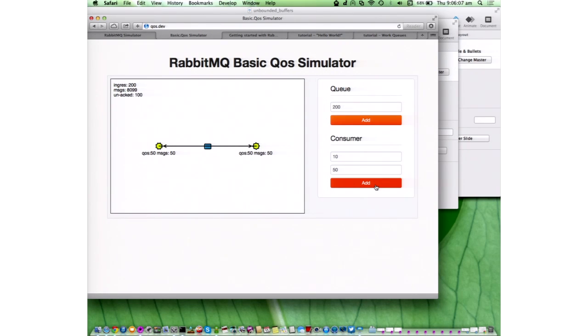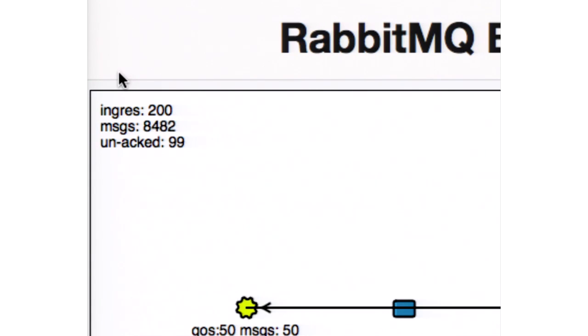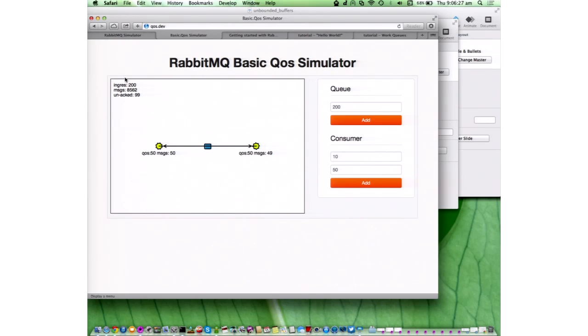We have 200 messages coming in per second, and 200 going out to the consumers. And this number goes up and down, up and down, because we need another consumer. So if I add some more consumers, at some point, this will start going down. You can see now.